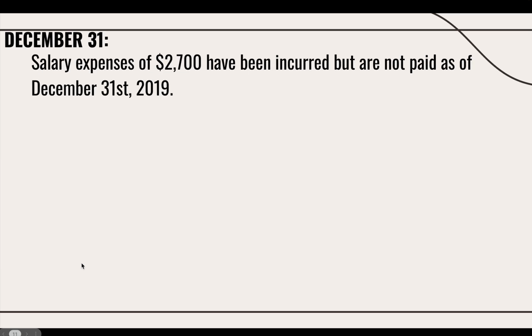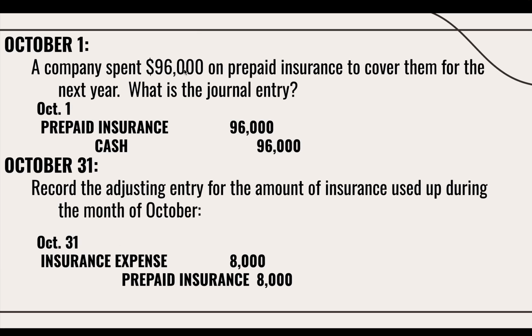All right. So remember what is the adjusting entry and what is not the adjusting entry. This is just a normal journal entry. Adjusting entries are used at the end of the accounting period to update our books as to how much of an expense we've used up or how much of a revenue that we've earned. And remember,